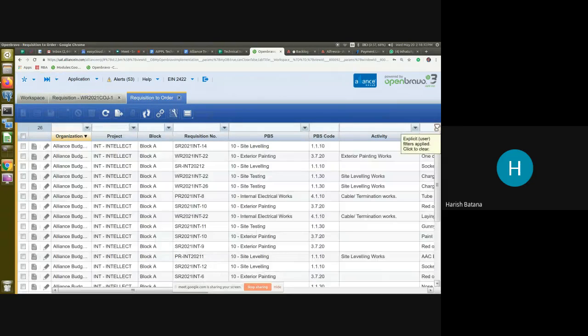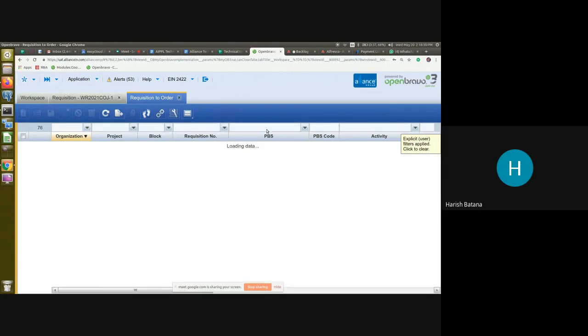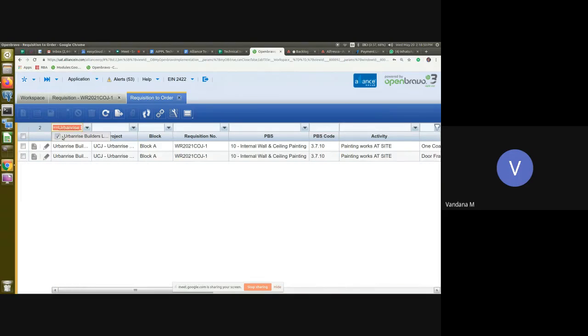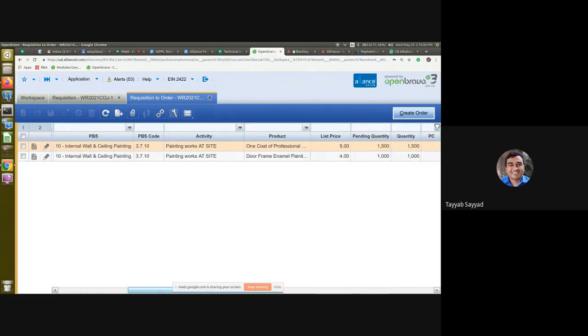Sayal, this is where Jan Prakash was asking, can I combine two requisitions, two requests into a single order if I am releasing it to the same contractor? Yeah, so we can combine those two requests. So here you can see the two requests are there. It is only one requisition which is having two line items.